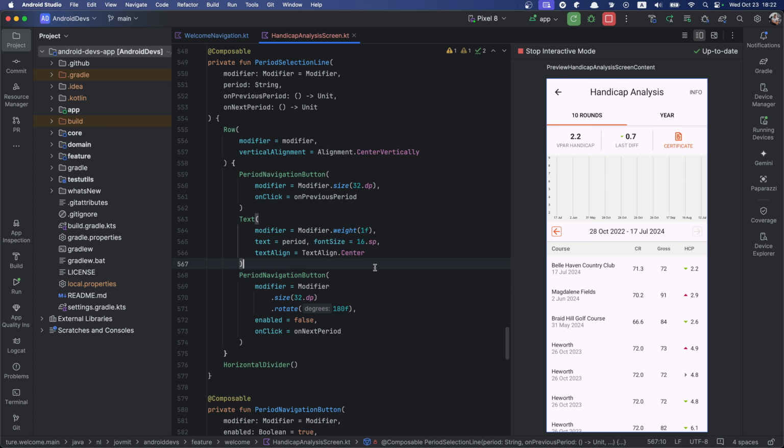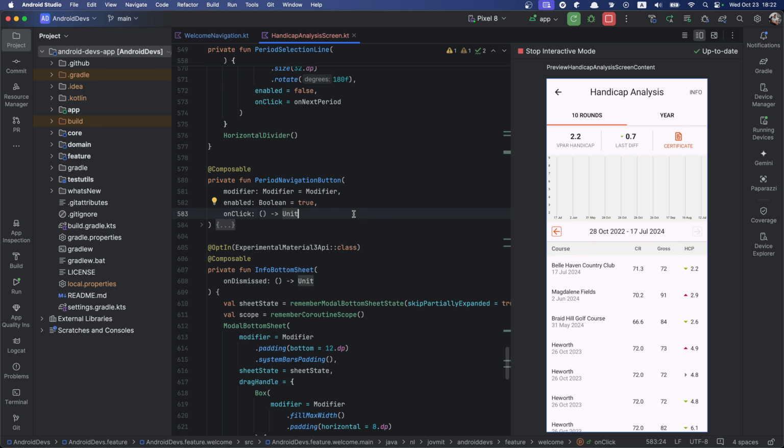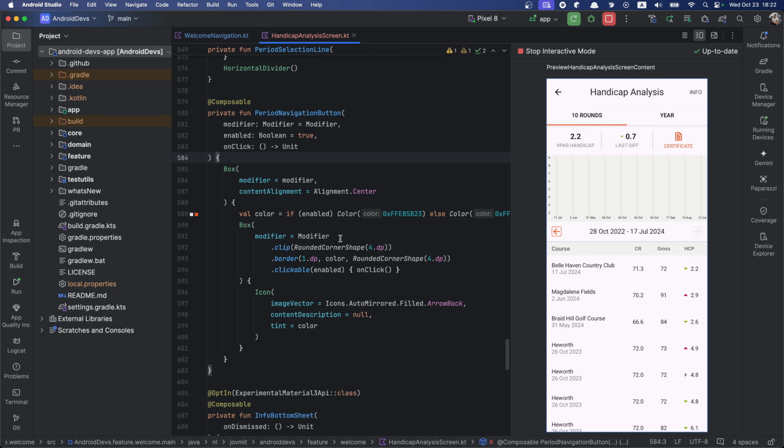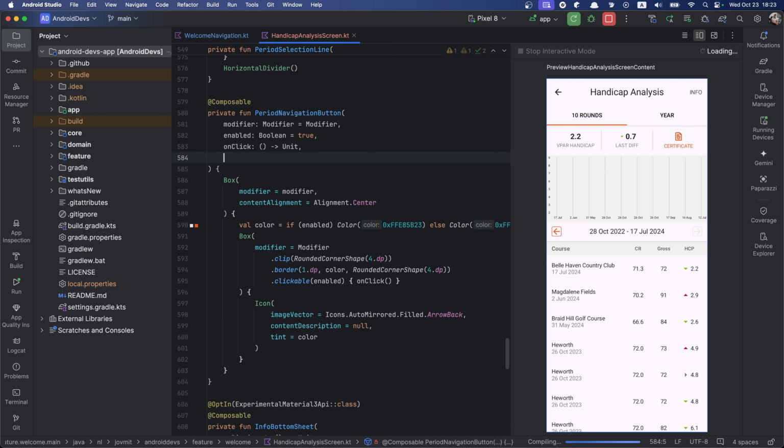But yeah, for this case it would be better. So what he meant for the rest, if somebody's not following, he's suggesting that here, instead of the arrow that we are hard coding, or maybe the whole icon, what we could do is take a content here that will be a composable function,